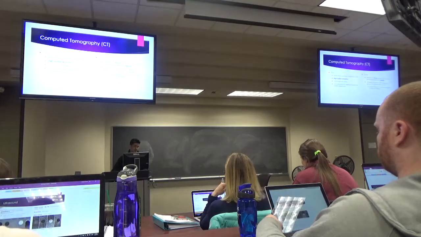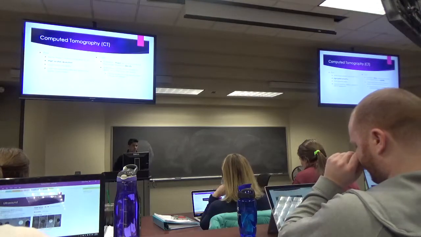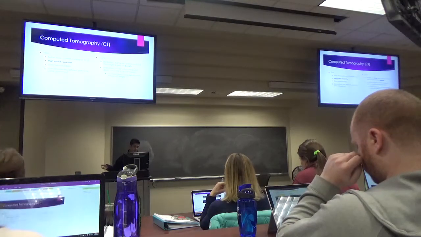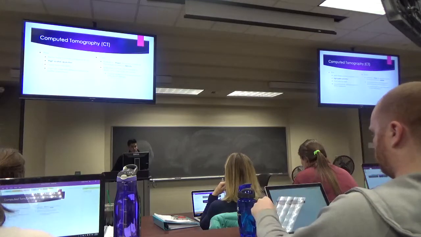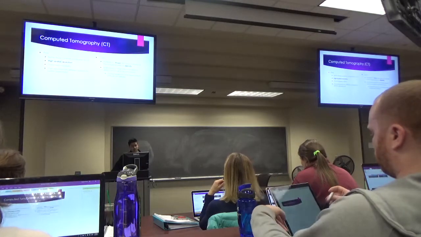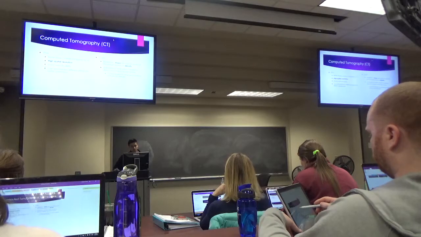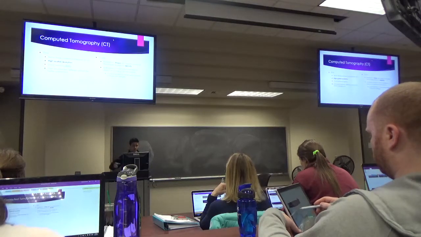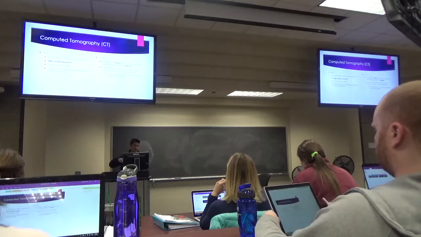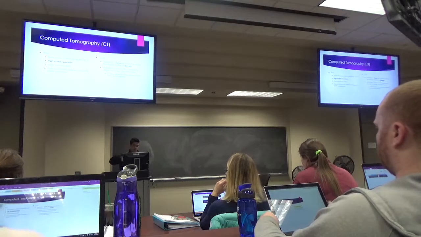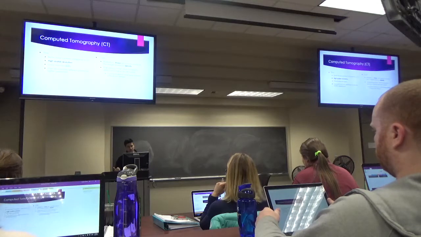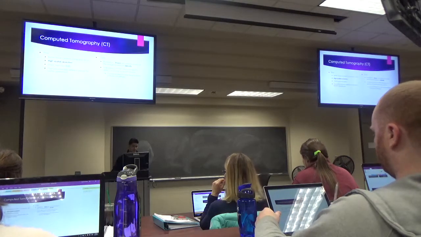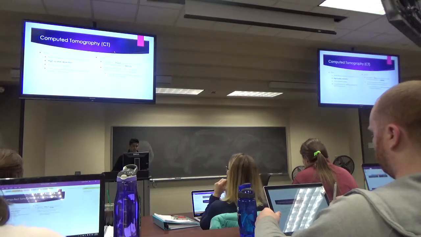So CT uses X-rays. Just like X-ray is for plain film or radiography, we actually use X-rays to obtain a CT image. The way it works is that we throw X-rays on someone as they go through the scanner, and it just does a 360 spin and throws X-rays at them. Basically, the scanner gets the information back, and it uses a computer to process the image and creates a nice